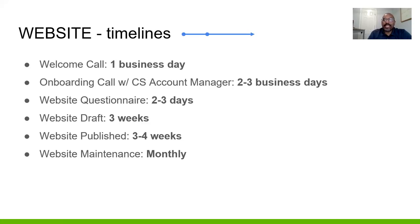As far as the website timeline, within the first business day of getting started with us, you'll get a welcome call from one of our receptionists, and then they'll set up an onboarding call within the next couple of days, and that's going to be with your account manager, your marketing manager, and they're just going to go over your goals and things of that nature, so they understand exactly what you're looking for on your website. There'll be a questionnaire. Then within 3 weeks, they'll have your website draft, where you're looking at it, you're making sure everything is good to go,